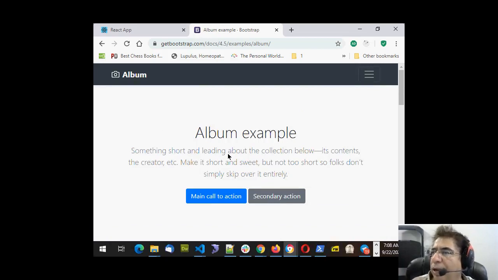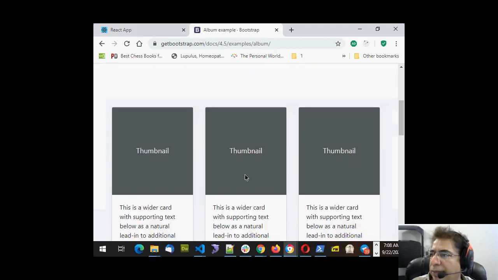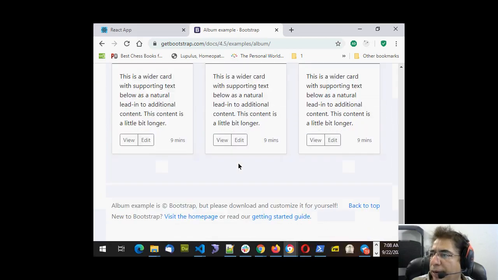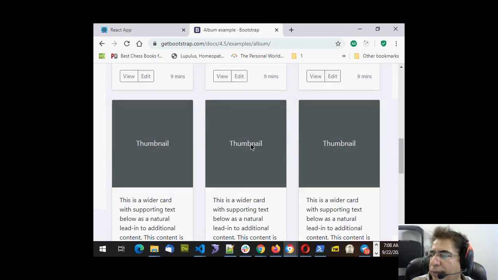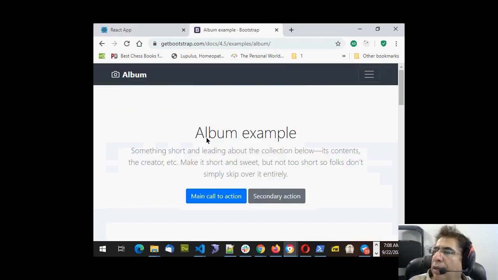Okay, so I opened one of the templates. Now, when you build an HTML page, you build everything in HTML. This is the top header, then this part is there, then we have different thumbnails, and then we have the footer. But in React, you have to divide this page into different small components. For example, I can make this top part